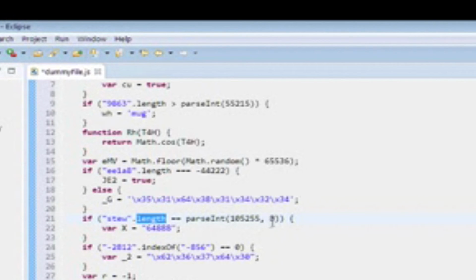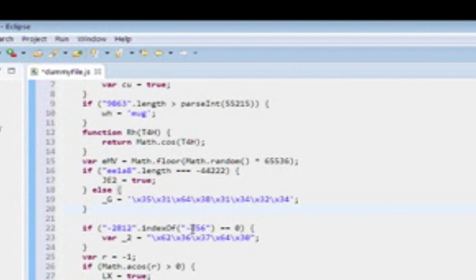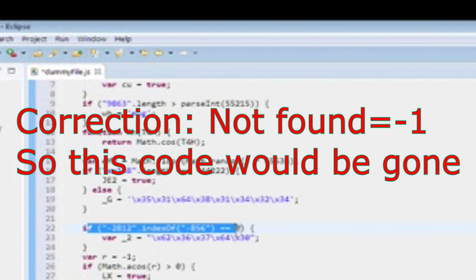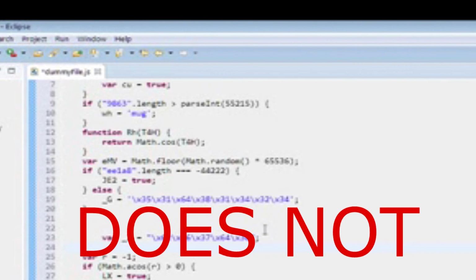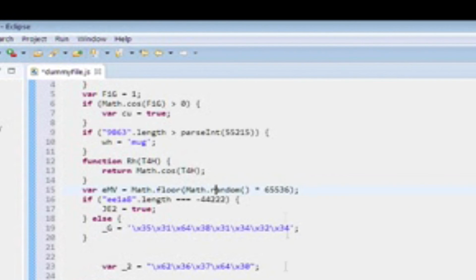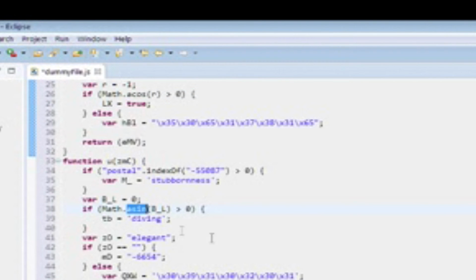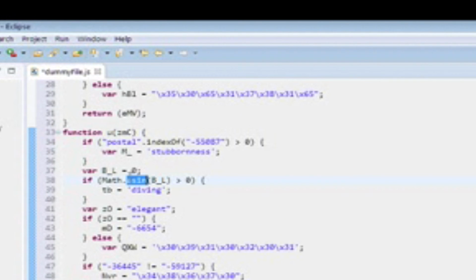Well, length of this is 4. That is not the true evaluation of that expression. So that one becomes gone. What about the index of this content? Well, that's going to be 0. So that means this whole code does get used. And that's how these get processed. What is the cos of 1? Is it greater than 0? What is the value of this? A cosine. So you have to actually do the math. A sine. A sine is the equivalent of,